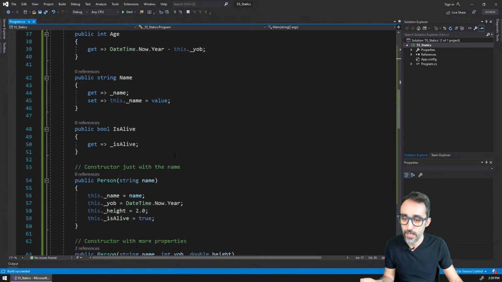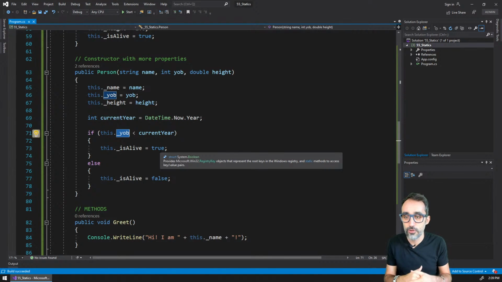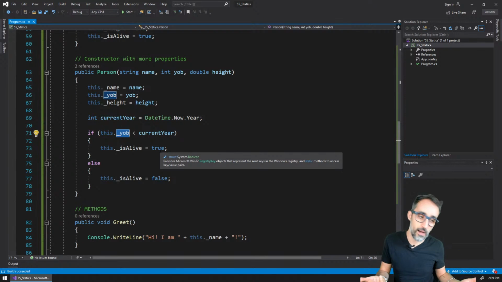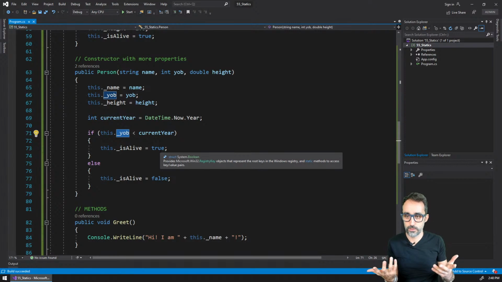So maybe we may want to decide that when we perform calculations for whether objects are alive or not, we may also want to check if there is a limitation to their age. So if the maximum age can be, for example, 100 years, 200 years, who knows, right? So something that we can do is we could